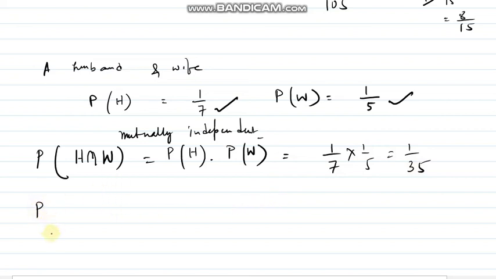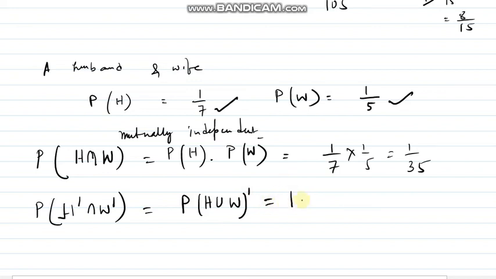None of them will be selected. That's the most important one. What is the probability that none of them will be selected? Any guess? Just check how I am going to proceed for this sum. First I am going to find the meaning of none of them will be selected. This is the meaning of none of them will be selected, right? So this is equal to probability of H